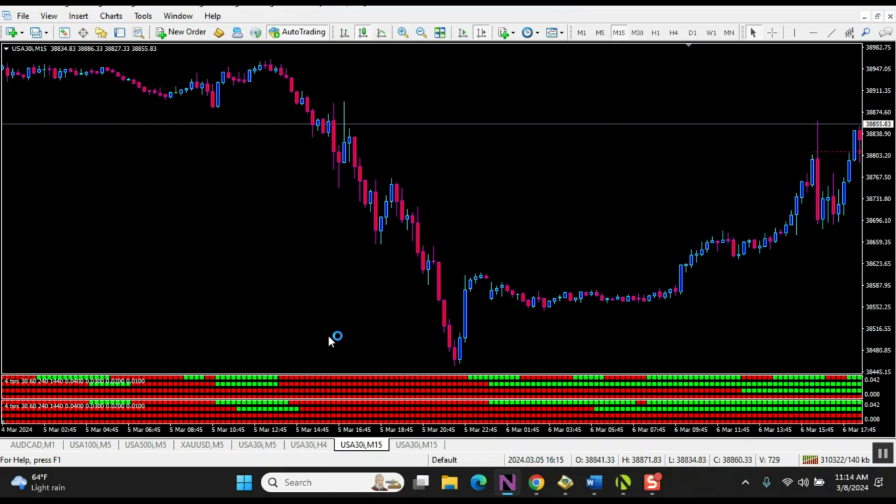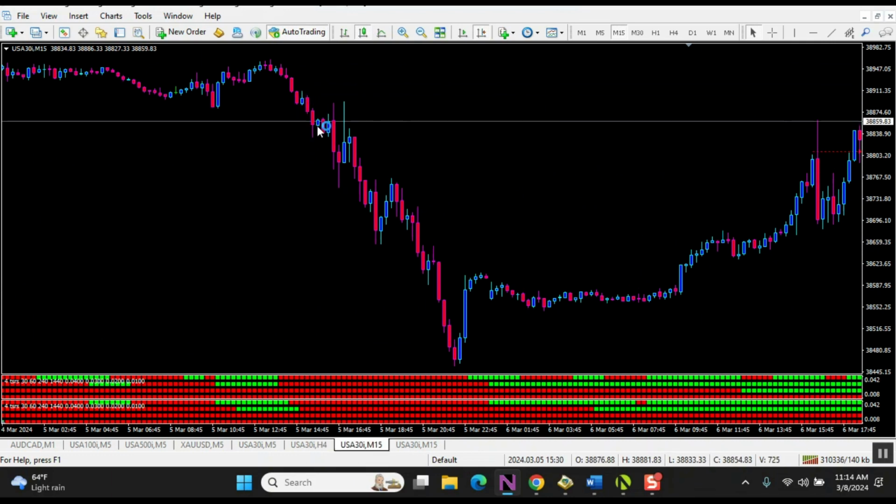Okay, here's a good situation. All the 10s and all the 20s are red, so I am extremely interested. This is March the 3rd, and today's March the 8th, and we had a weekend in between there. It doesn't take that long, and you can actually